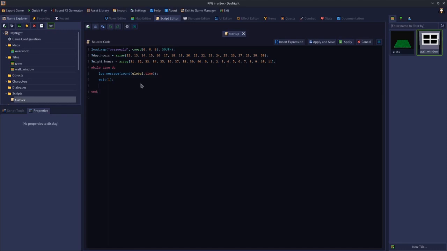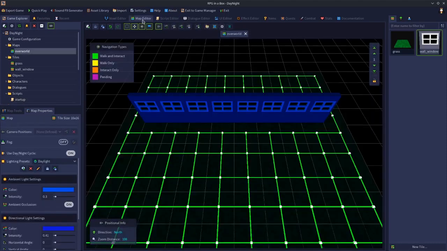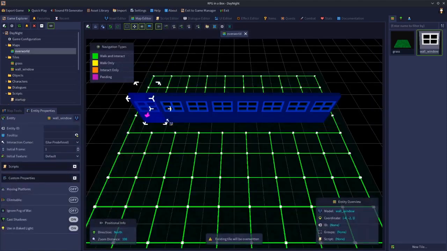So then what we can do is we can query if day hours contains round global time. So in other words, if the time that is currently global time is contained in this array, so if it's one of these numbers, then it's considered daylight. So if that's the case, what we want to do is we want to group these together. So I'm just going to hold Shift,